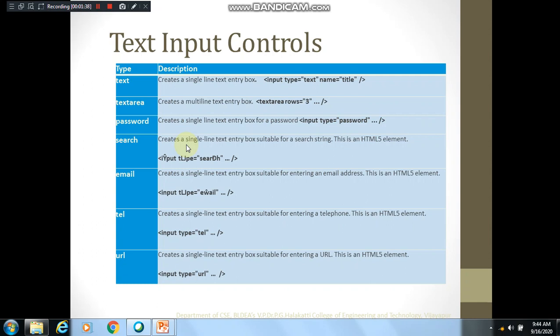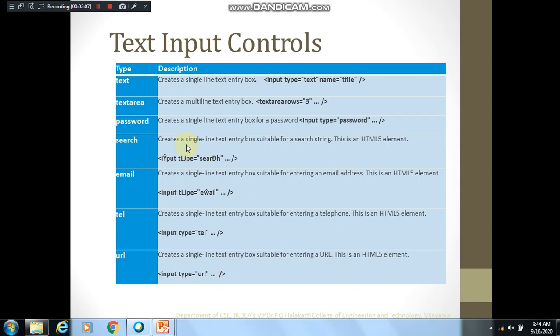If you are using a text box, you can type any text into that. But you might have observed in forms the error messages that come when you are typing irrelevant data. Particularly for email, it looks for the presence of the at the rate and dot symbol in the data that you have entered. I cannot enter directly Sunanda Biradar in place of email, isn't it? It says that it's not a valid email ID, right?